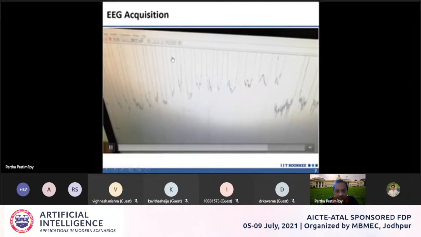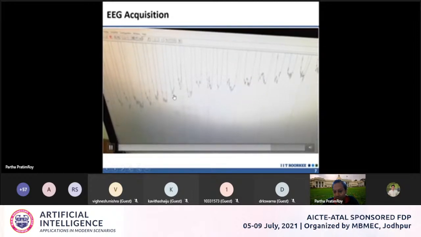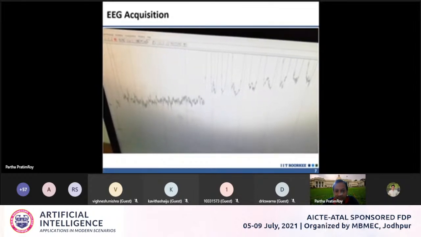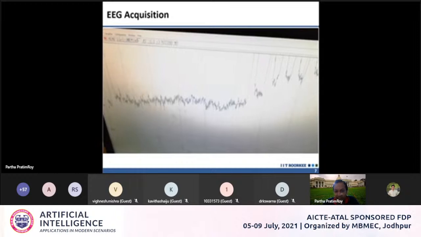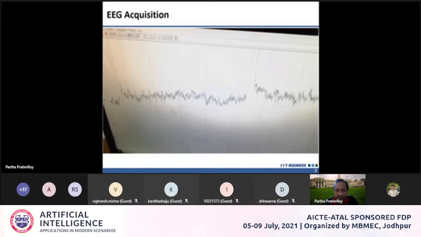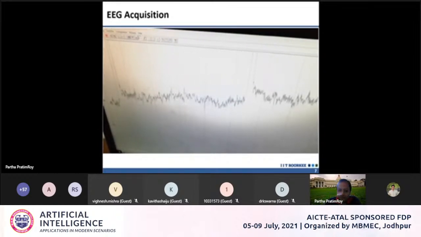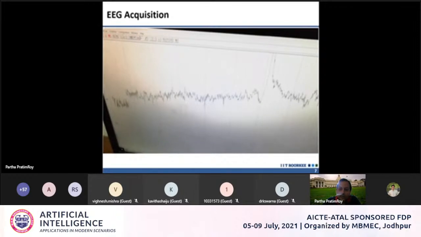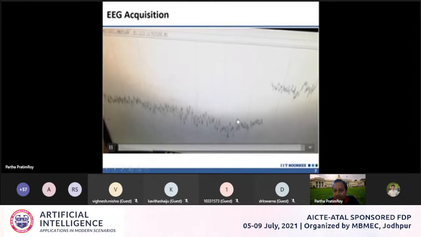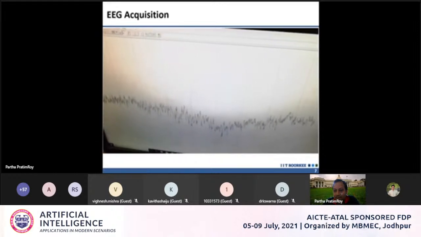Okay, so there is a difference between these valleys and peaks. And when he's not blinking, that means it is a little silent, so only small activities. These are because of internal movements, or it could be from noise. So now, if he is closing the eyes, you see this activity is actually not having any change. There is no change in this waveform.